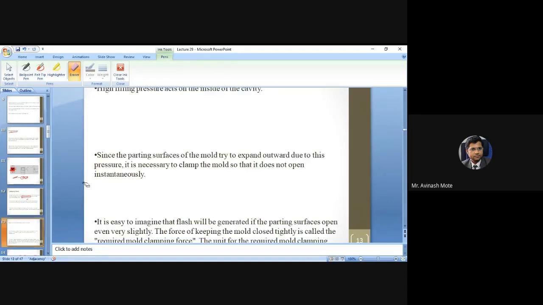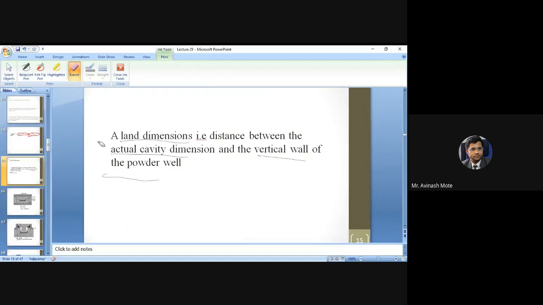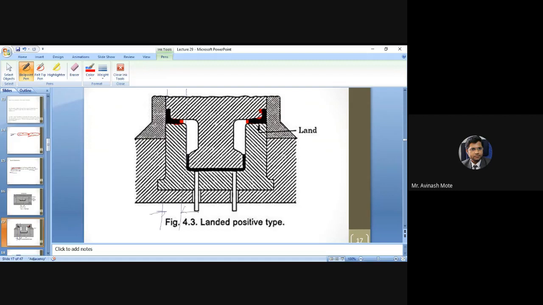Then we have seen the different aspects of clamping force, and then we went to the land dimension. Land dimension is nothing but the part where the top mold is landing. I'll show here.